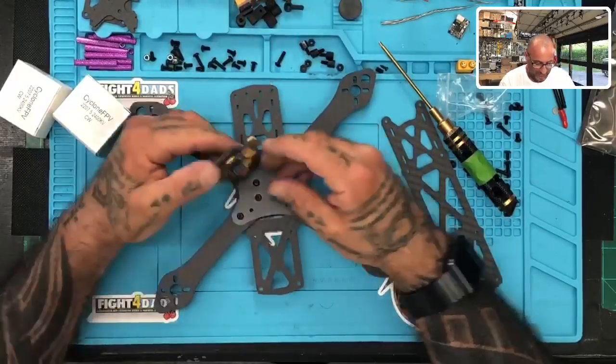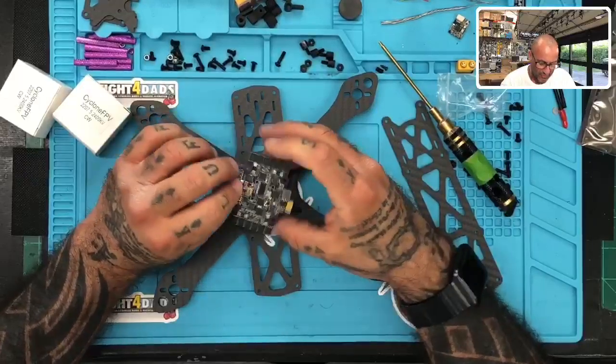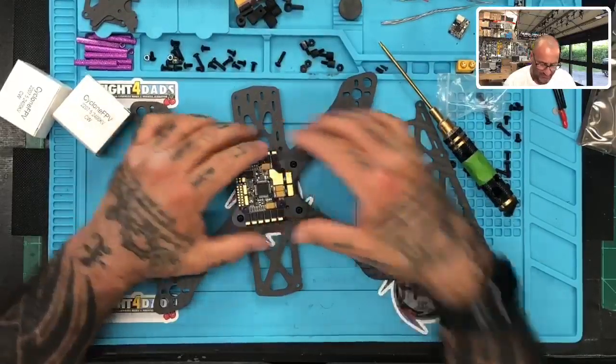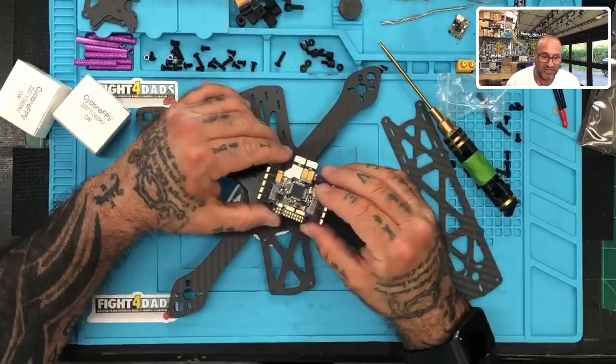Okay, so let's look at this setup here real quick. Normally, I would have put the USB on top, but because all the pads are here, I'm going to end up setting it like this. One of the things I like about this Asgard frame is, now look,